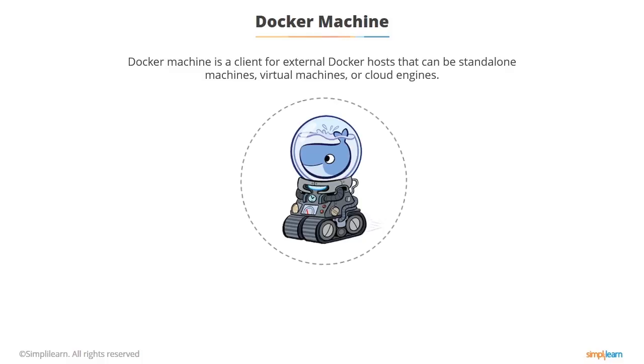So Docker has a number of components. Now we've basically used 2 of them so far. There's Docker Engine, which is the daemon, which does all the work. And there's a Docker client, which is the Docker command line tool, docker. So now we're going to look at another one called Docker machine.